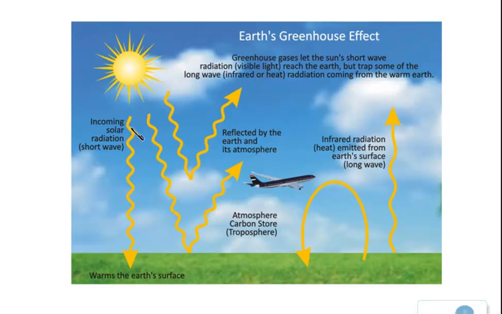Right? So the sun is giving out short wave radiations, whereas the earth is giving back the long wave radiations, or the infrared radiations, which can't escape the earth's atmosphere, but are absorbed by the greenhouse gases, like carbon dioxide, nitrogen oxides, and methane. And thus it is leading to global warming. So this is one of the major drawbacks of using fossil fuels.